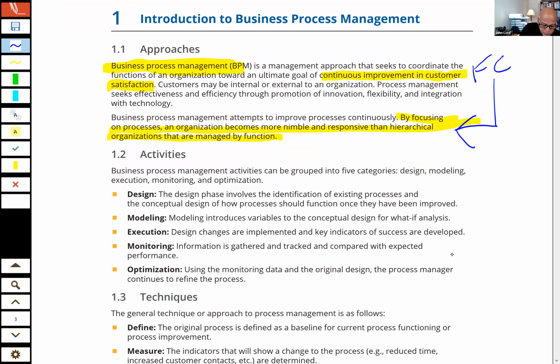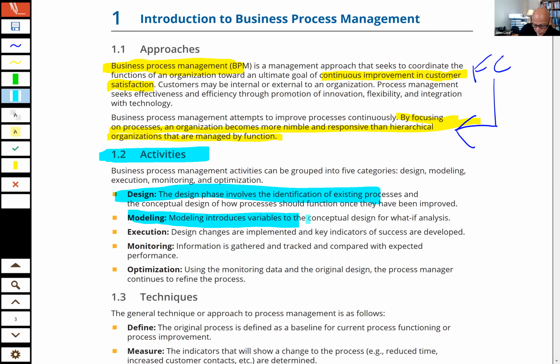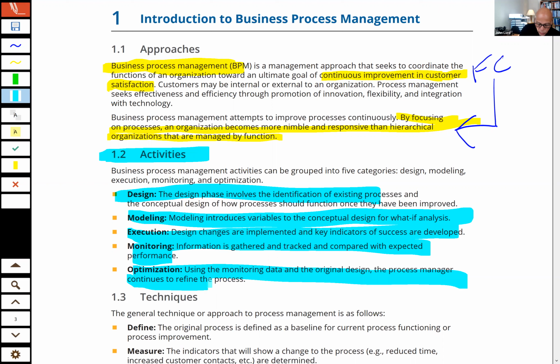Now, the activities that are involved in this sort of continuous improvement are design. The design phase involves identification of the existing processes. The modeling introduces variables into the conceptual design for what-if analysis. And then we have execution. Our design changes are implemented. We monitor and see that we are actually achieving the expected performance. And then we optimize, we use the monitoring data to essentially tweak, and thus we get into this notion of